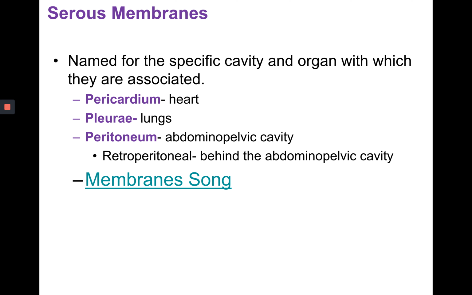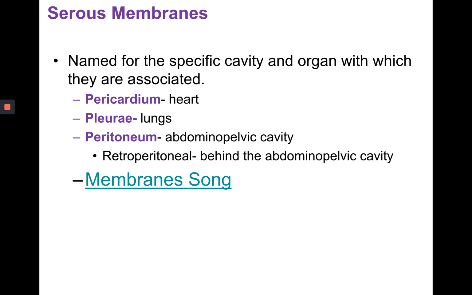So there are different serous membranes depending on what organ cavity or organ they are associated with. We just looked at the pericardium, which is associated with the heart. If you say pericardium, you're talking about both layers, unless you specify visceral or parietal. If you say pleurae, you're talking about the visceral and parietal layers of the serous membrane that covers the lungs. And then the peritoneum is a serous membrane that's actually very broad and covers the abdominal pelvic